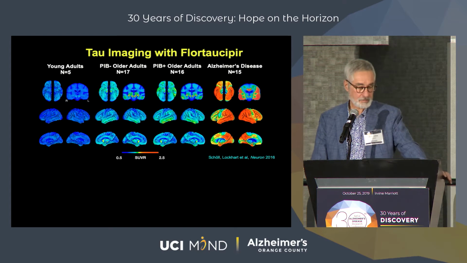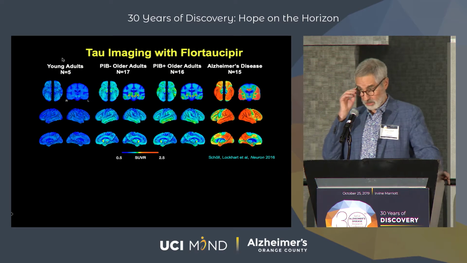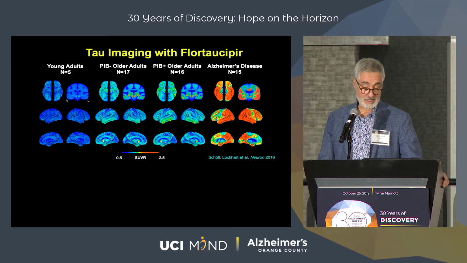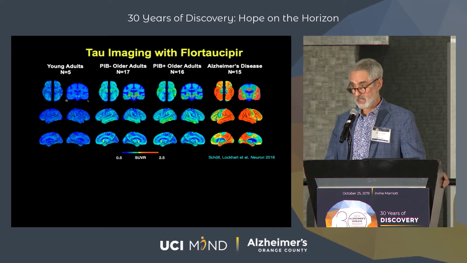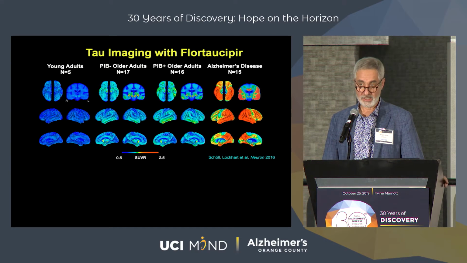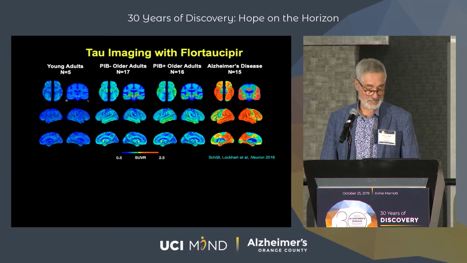So this was one of the first studies we did with this tracer in my lab. And we have 4 groups of subjects, and the idea is we're going from what we would guess to be the least amount of tau to the most amount of tau. So the least amount of tau is young people. In my lab, we study aging. We study Alzheimer's. We also study aging, and we study people in their 60s, 70s, 80s, and 90s. And there's no control. You can't say, I want a 60-year-old control subject, because we don't know what's happening in the brains of 60-year-olds. So our true control subjects are college students. And coming from Berkeley,